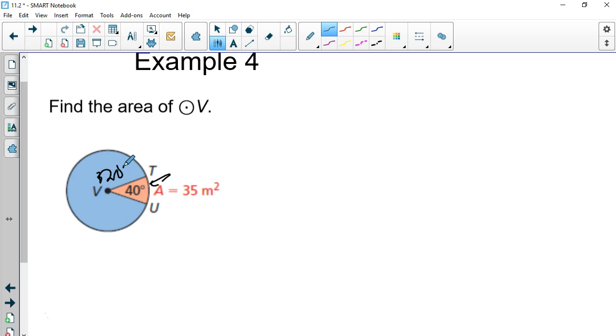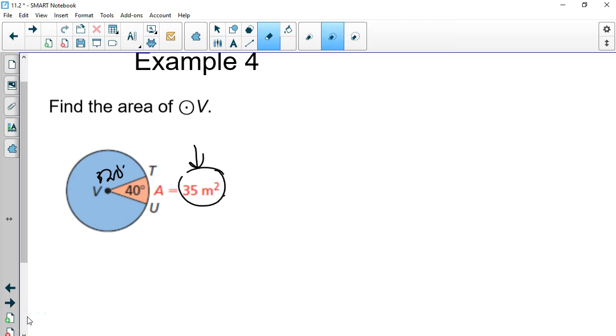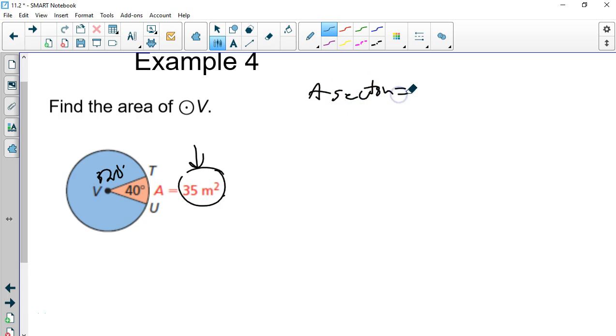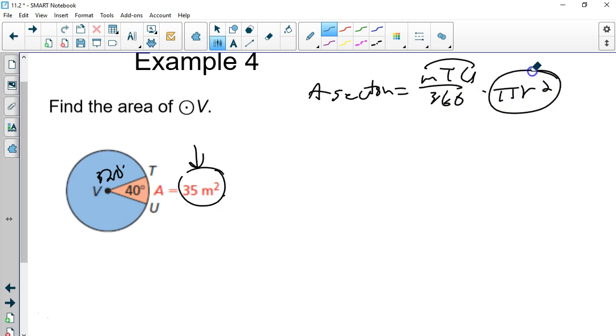So let's think about the formula. We know that the area of the sector is equal to the arc measure divided by 360 times pi r squared. Okay? This is the area of the circle. That's what we're actually trying to find out. So let's think about that as just a whole thing. Pi r squared as one thing. We know that the area of the sector